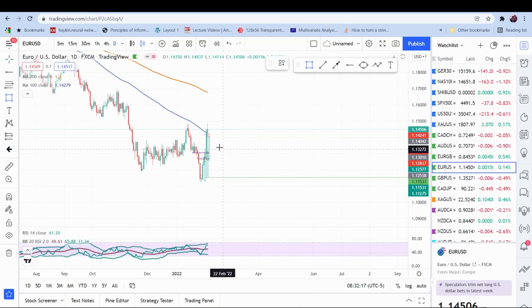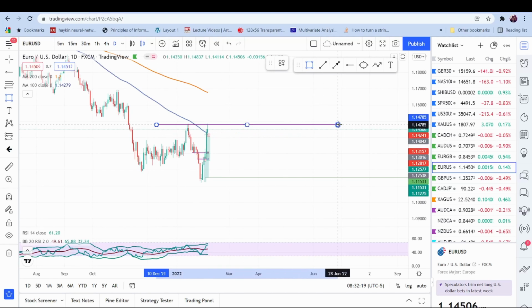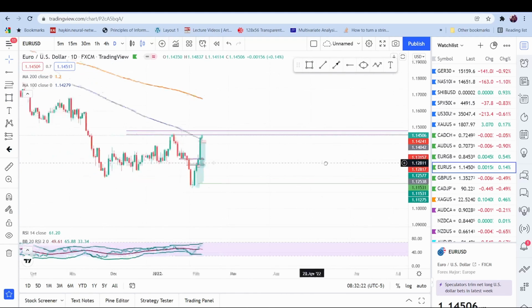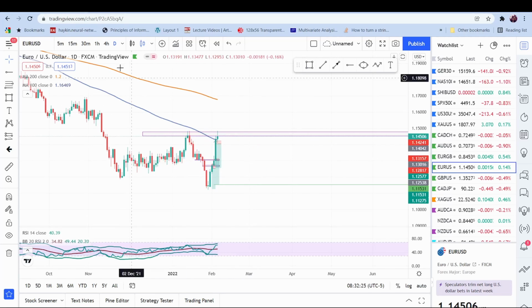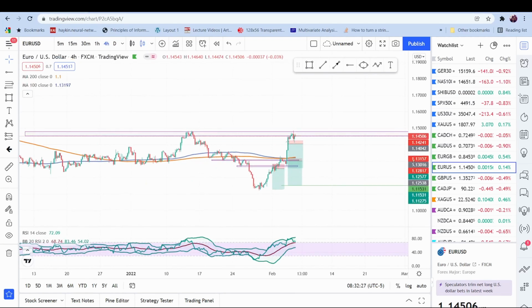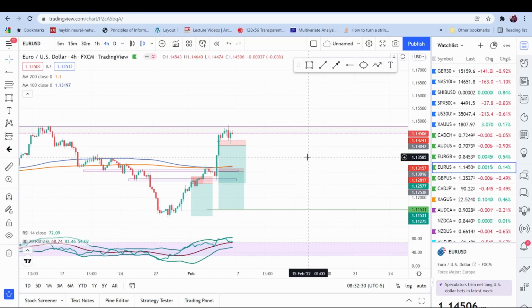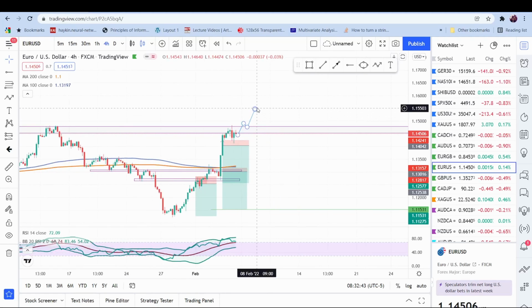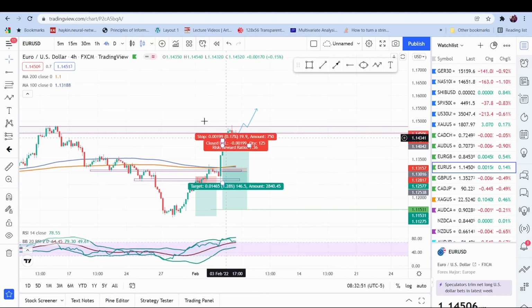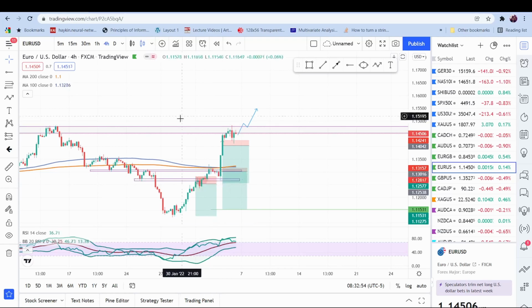On the daily, if you look here, we did come into this area, right? This daily rejection area, price has pushed right here on the close of that day, right? Coming to the 4 hour. So what we'll be looking for is, if prices continue higher, we'll look for trades above this area of resistance, right? Just because you have a higher probability of a continuation at that point rather than trying to trade early into this, trying to get into a buy early or trading in the zone itself. You want to see a break above that area and then look for a